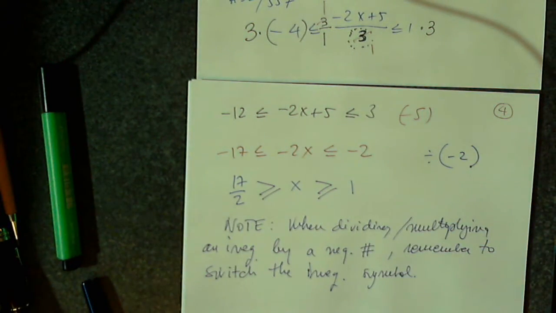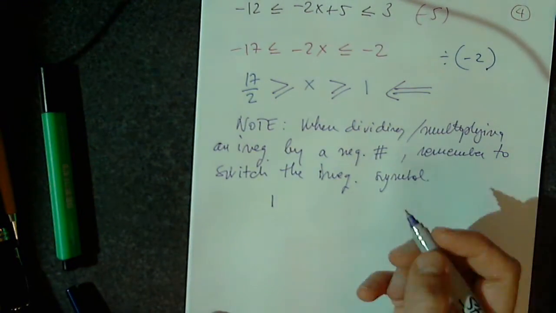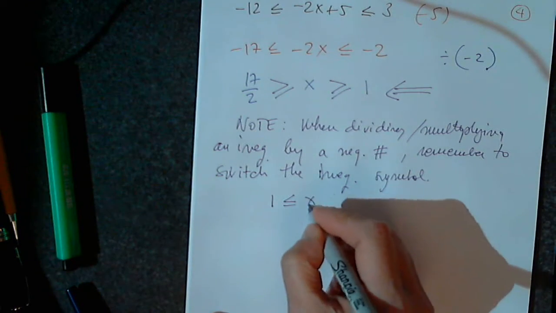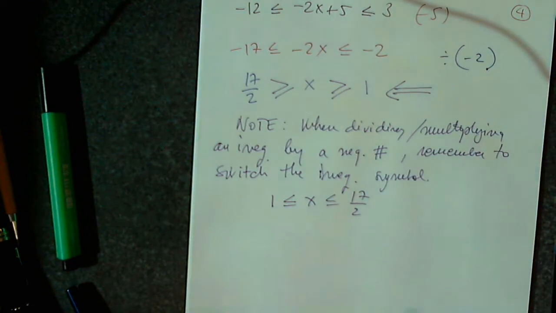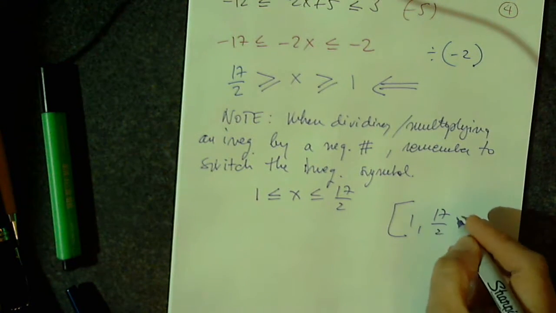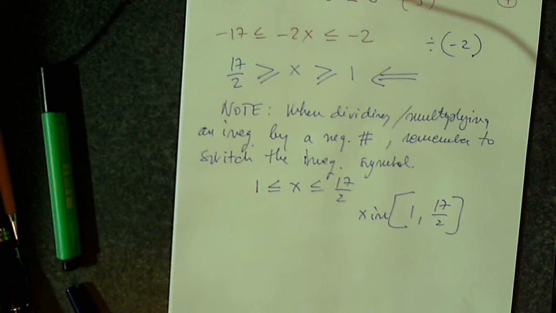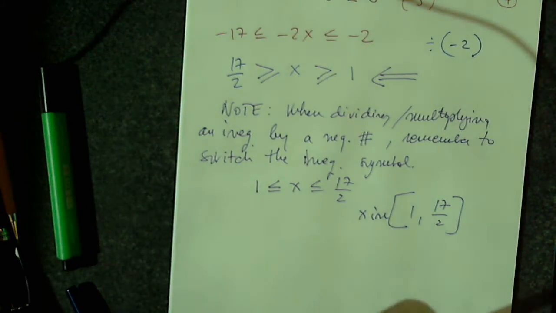And now when I write the solution, I have to read it in order. So the order in this case will be, if you can, I recommend rewriting it, this. And then if you draw it or not, it doesn't matter. It's 1 comma 17 halves in interval notation. X in the interval between 1 and 17 halves. Now, coming back to the original inequality,